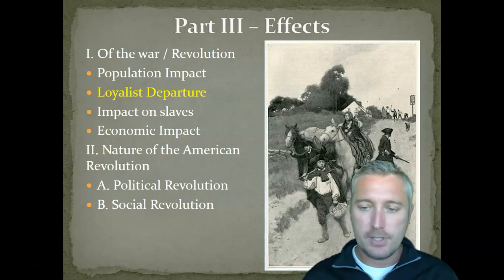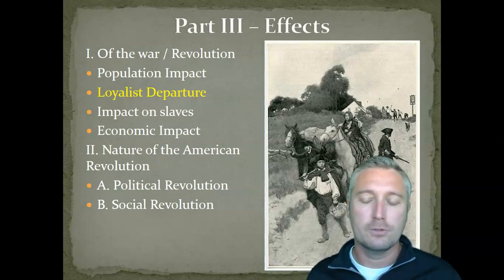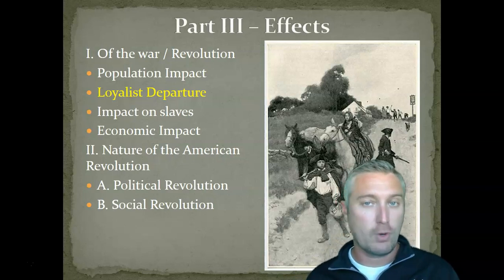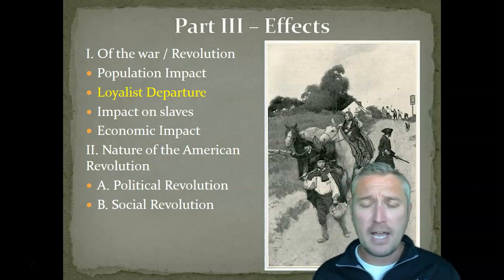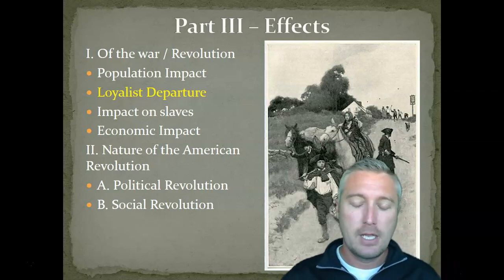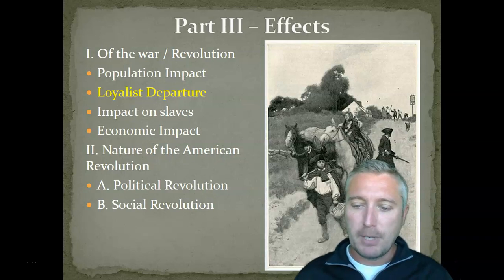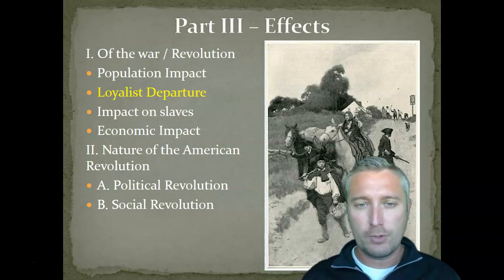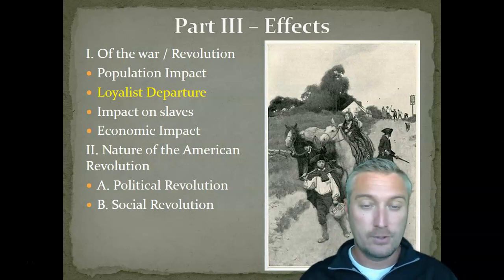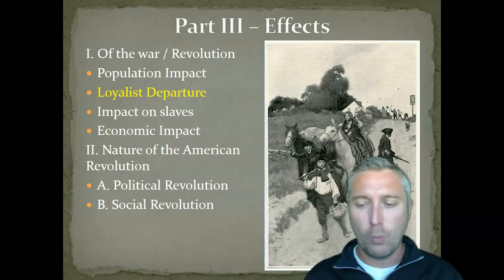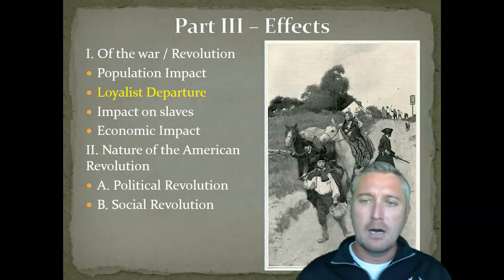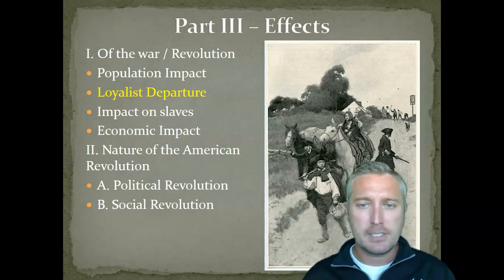John Adams famously said, a third loyalist, a third patriot, a third neutral. We do know that 20,000 loyalists fought for the crown during the war. There were thousands of others that actually served in local militias. We looked at one of those battles last time. But all told, there were somewhere around 60 to 80,000 people that left the American colonies during this war. Most of them headed for Canada, some of them headed for Great Britain. Many did return afterwards, but of course some stayed.